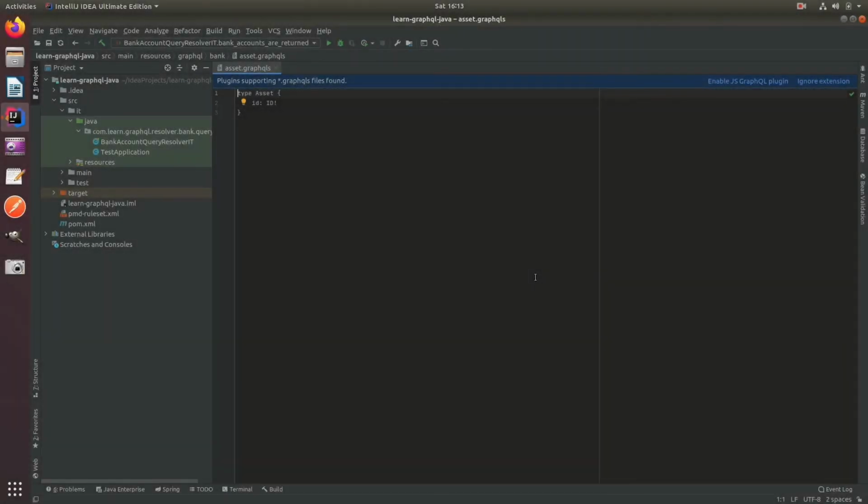A few people asked me during the series, what plugin do you use for IntelliJ to get syntax highlighting and IntelliSense? And it's quite simple. I use the JS GraphQL plugin. So in my IntelliJ, it actually picks up that this file is GraphQL and offers me to enable it. Or if yours doesn't, I would go to the marketplace and go to your plugins and install this JS GraphQL